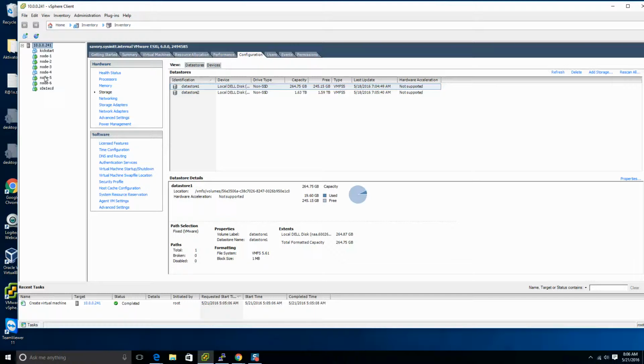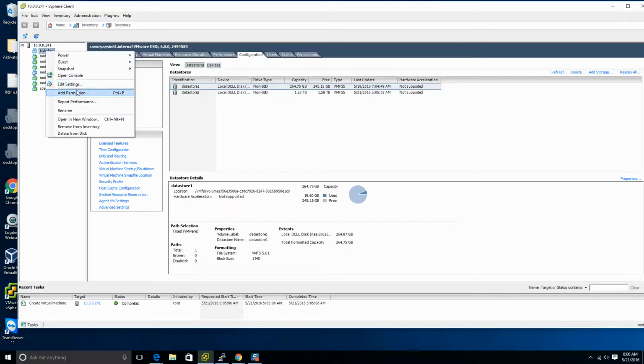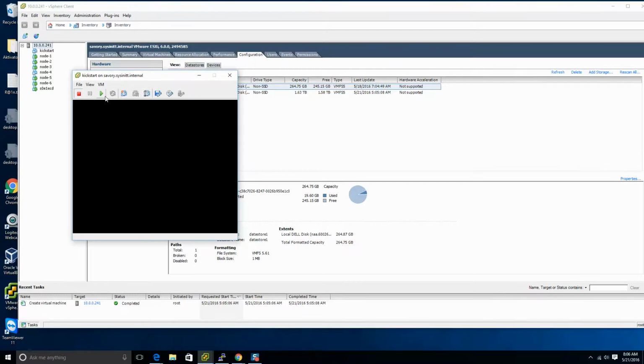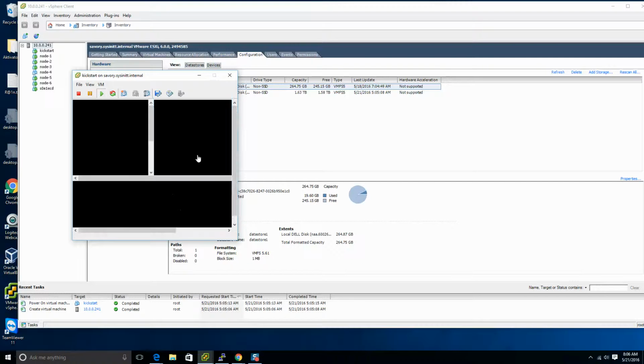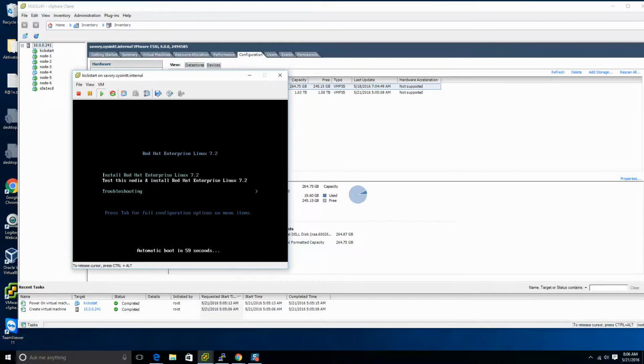Now we simply start this instance. Open console first, and we see start, right? Good. Now once it's started, make sure you are on the first option. So click inside and press the up arrow key, and then you tab once, right? Just once, guys. So we can remove that quiet if we choose to, and here we simply type ks equals,